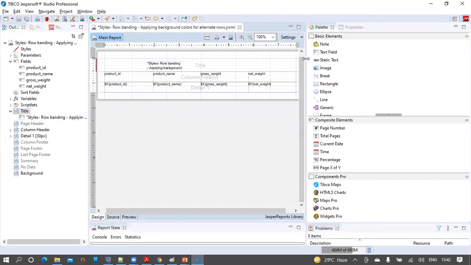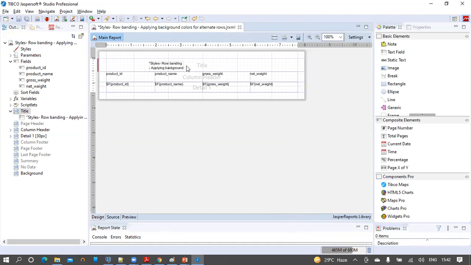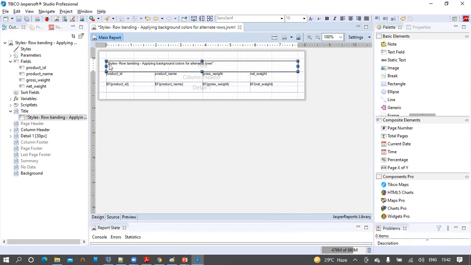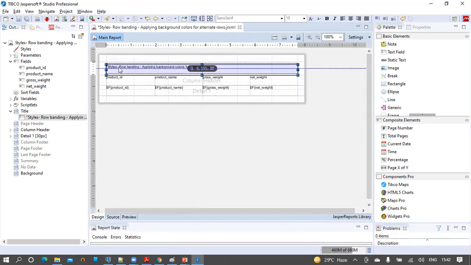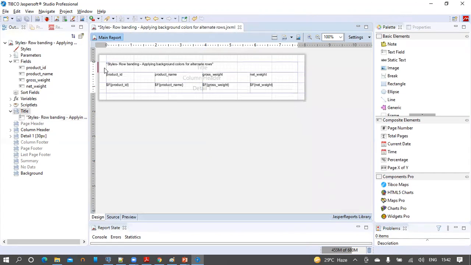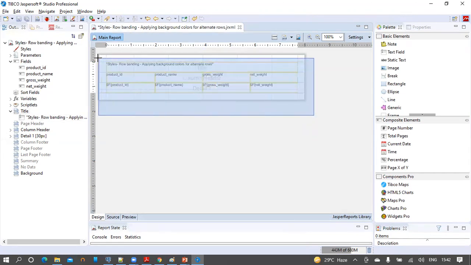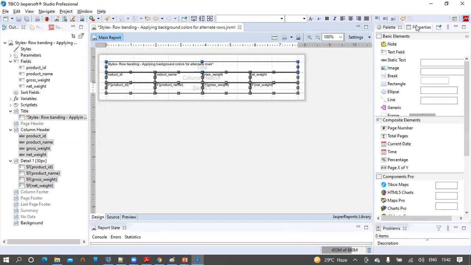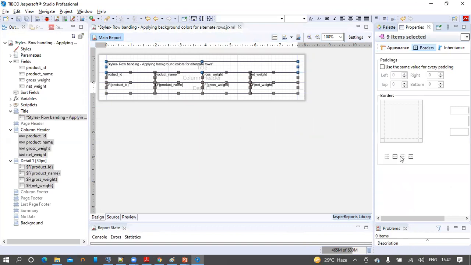Let's quickly beautify this report to look like a grid. Click on the title and expand it. Multi-select all the text elements, then go to the common properties and apply borders for all the elements.